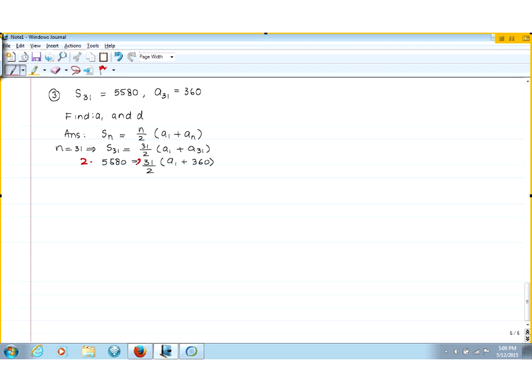Now I'm going to multiply both sides by 2 to clear the denominator. So 2 of these and 2 of these. So here I don't multiply these by 2 anymore, only one time here. So 2 times 5580, let me see, 558 times 2 is